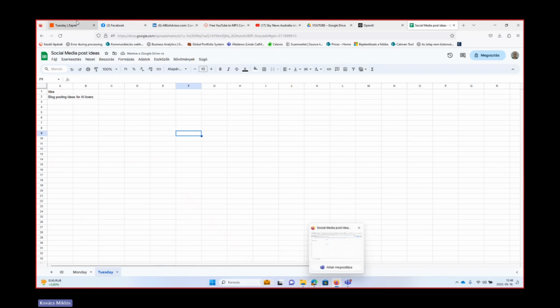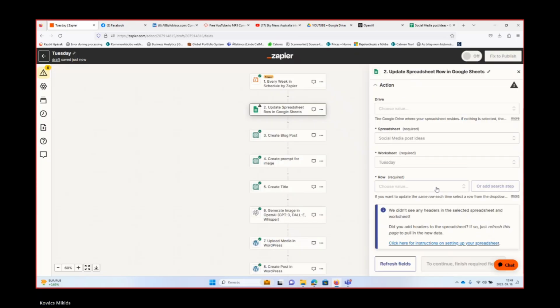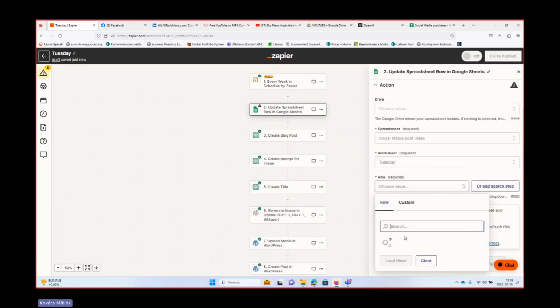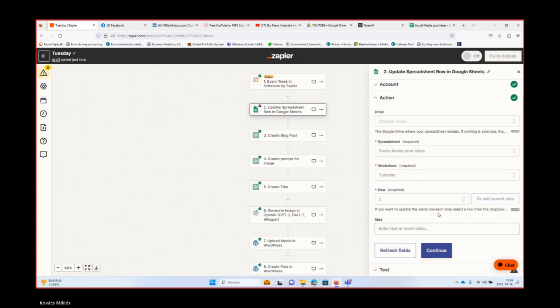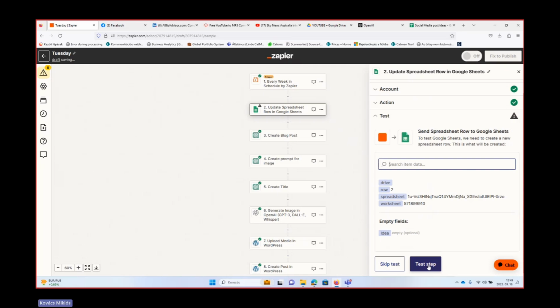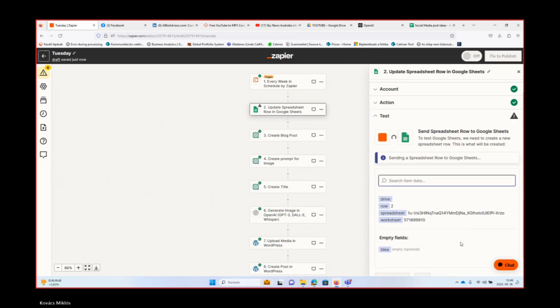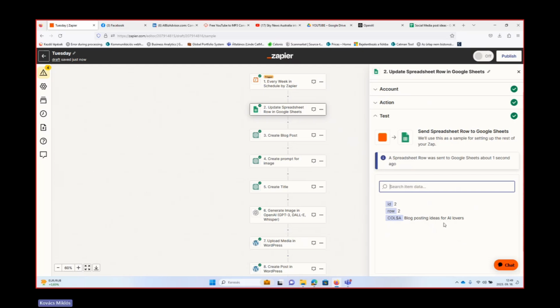If I go back, then I will also choose the second row, continue, test, blog posting ideas for AI lovers.